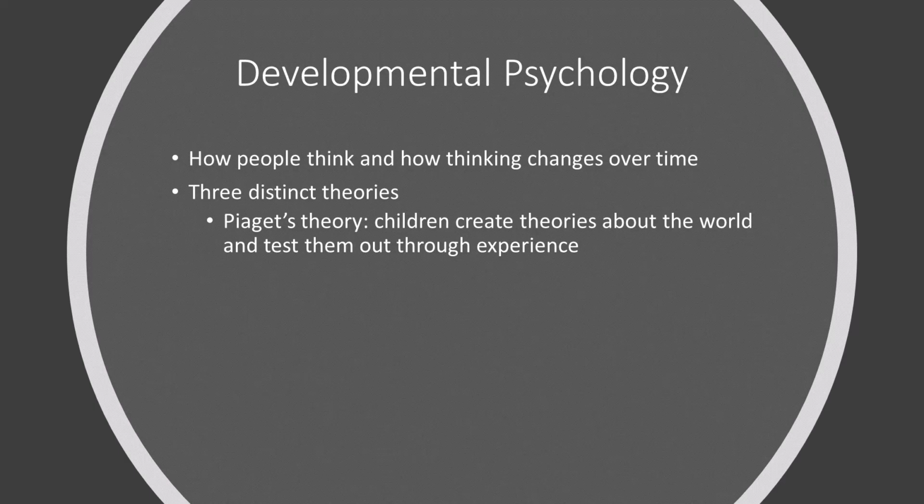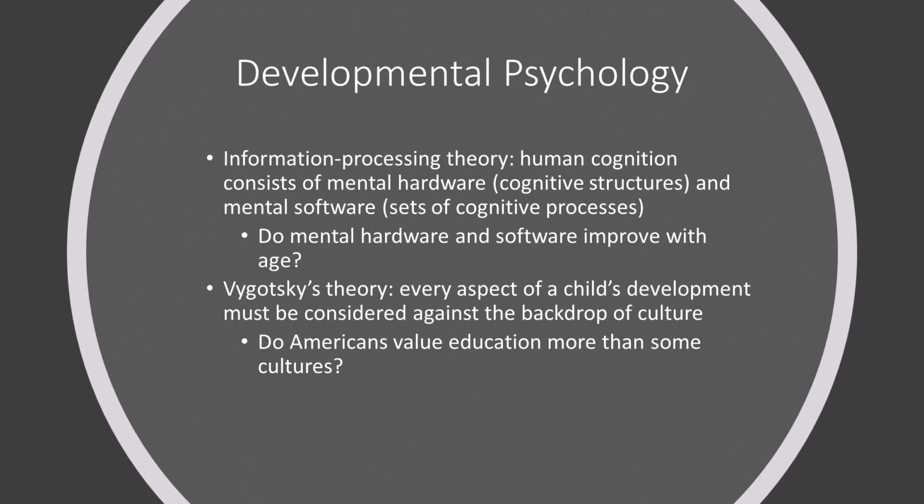There are also theories related to information processing, and they're related to human cognition. Often these researchers in the developmental theorist space talk about mental software and mental hardware, so like our brain, and then the mental software that runs on it, which would be our cognitive processes. And they talk about how our cognitive abilities grow with age. For example, Vygotsky talked about how a child's cognitive abilities grow as they develop and as they get older.